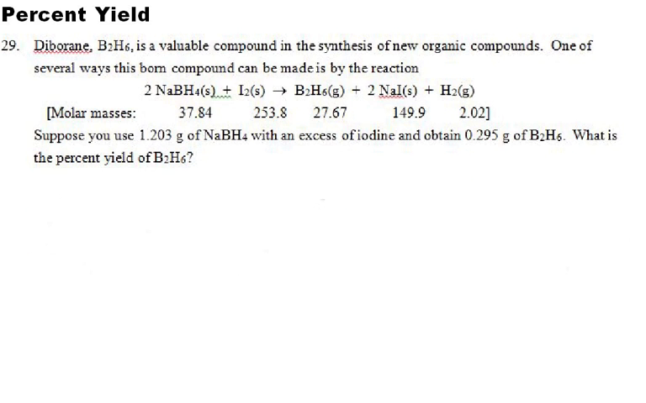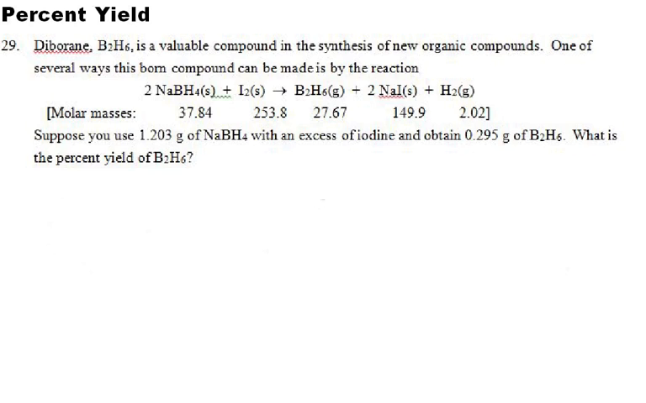Okay, third kind of problem, a little bit easier than the others. This is the percent yield. And the percent yield is a situation where it says, suppose you have 1.203 grams of sodium, what's this called? Diborane, sodium diborane. And what happens is, you can